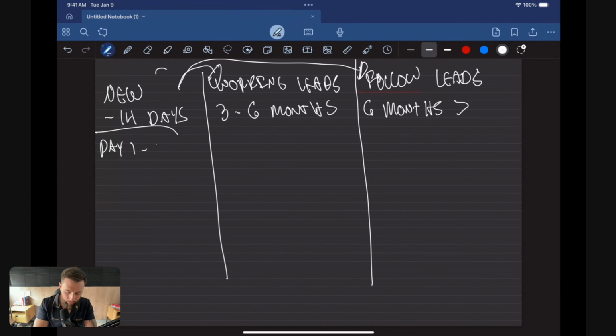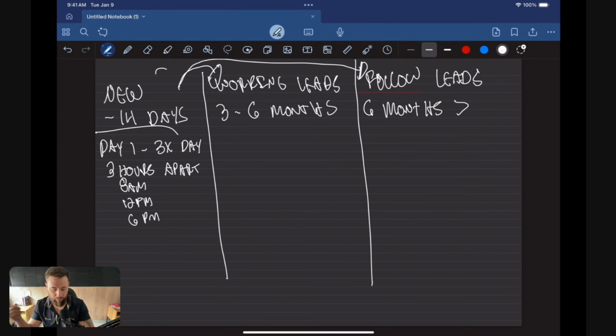Day one, I want to dial 3 times per day, and I want it to be 3 hours apart. Okay, so 3 times today, 3 hours apart. I do not want to triple dial people. Now, I used to do this thing where I would triple dial people 3 times a day, and eventually my pickup rates just shot down completely. They went down the toilet. And when I finally found out what this was, I was just burning through my numbers. And so compliantly, you can call 3 times a day. You just can't triple dial back to back to back. All right. And a lot of times people get pissed off on that anyway. So typically, I would do 8 a.m., 12 p.m., and 6 p.m. here. Okay. That would be my day one.